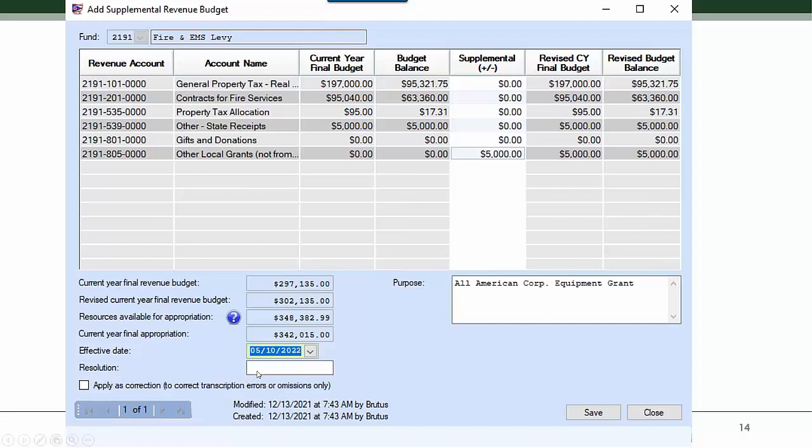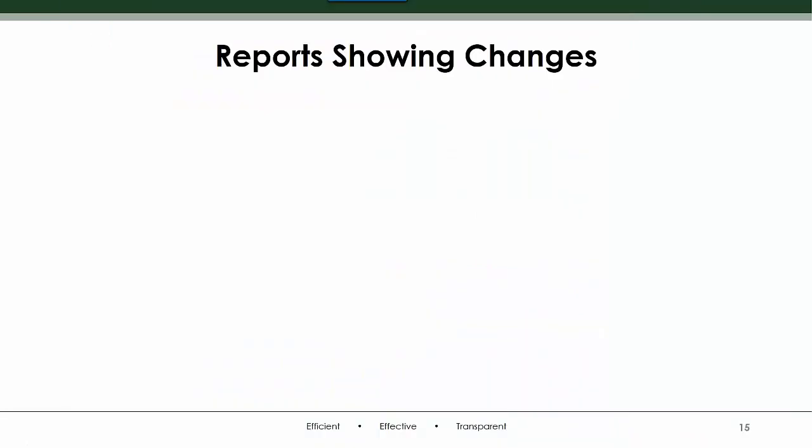I don't think anybody requires a resolution for this, but I have talked to fiscal officers who say they get a resolution from the board before requesting an amended certificate. So if you have a resolution number, you could type that in, but the software doesn't require it, so you can skip that even if you have one. And then you're simply going to hit save and close, and that has increased it in your software. Now, when that amended certificate comes back, I'm going to check it as well.